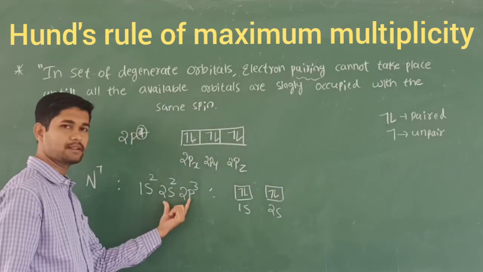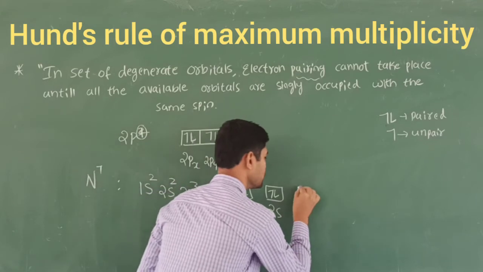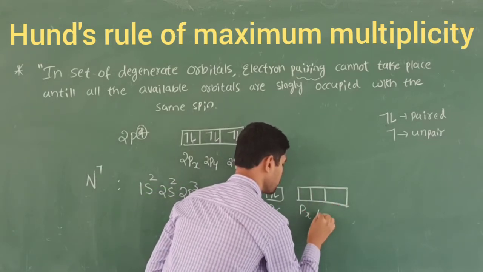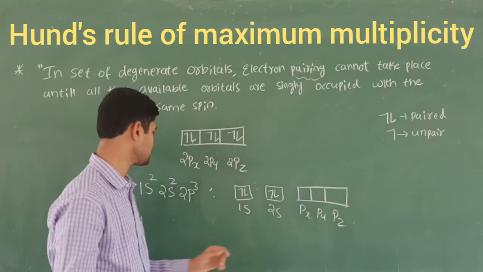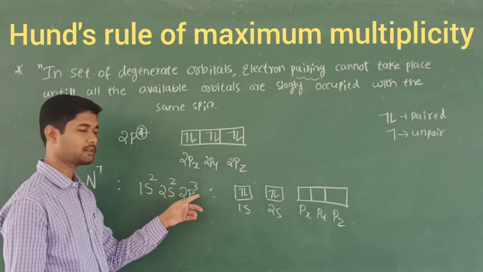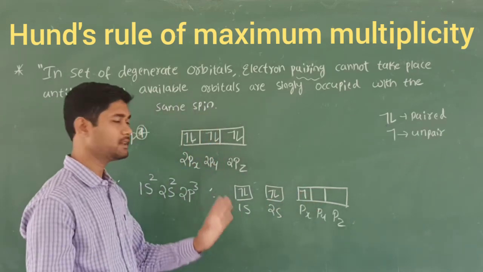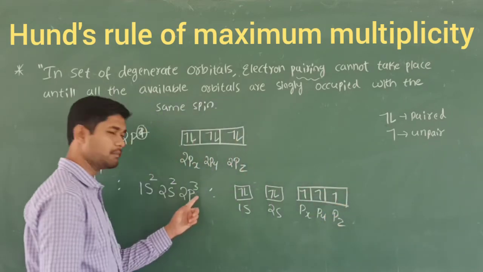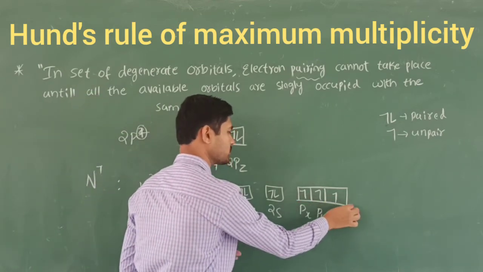When it comes to the same subshell, the orbitals are called degenerate levels. They have equal energies. That is px, py, pz. These are called degenerate, having equal energies. 2p3 will be there. How should I write in the subshell? First I should write single electrons. It should be occupied singly in the orbitals, first 1, 2, 3. If there are any remaining electrons, then I should pair them. If there are none, I keep it here only.